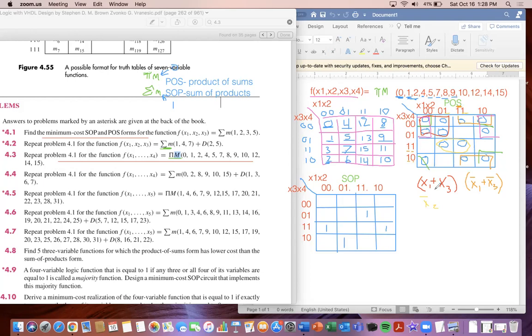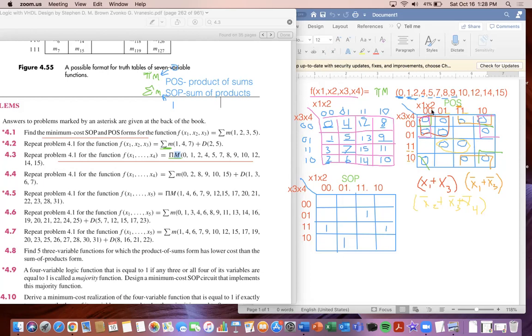They're both 1, so we do the opposite. We'll do the bar, so X3 bar, and then X4 bar. Add those together. And then we get X2 bar plus X3 bar plus X4 bar. Okay. And then we're going to have the green group, which is